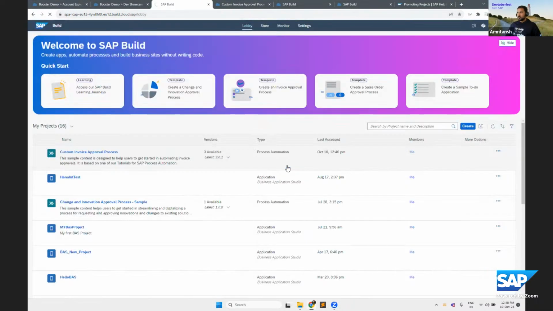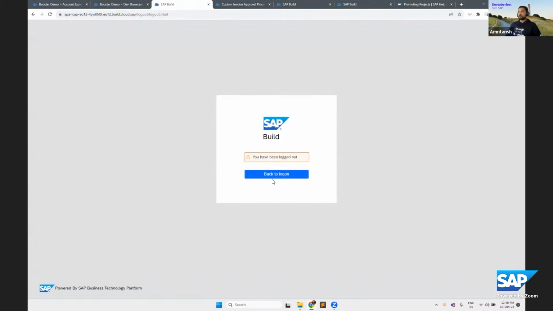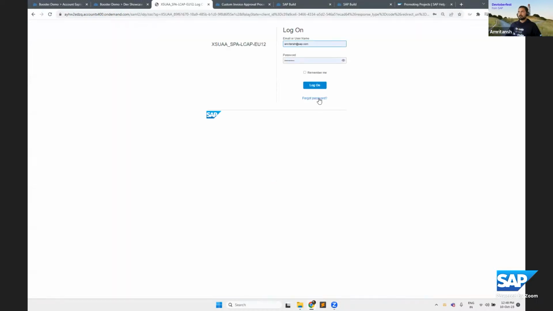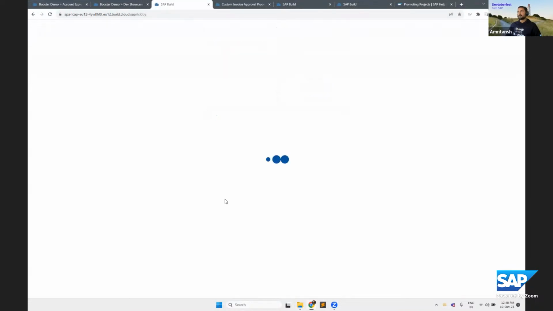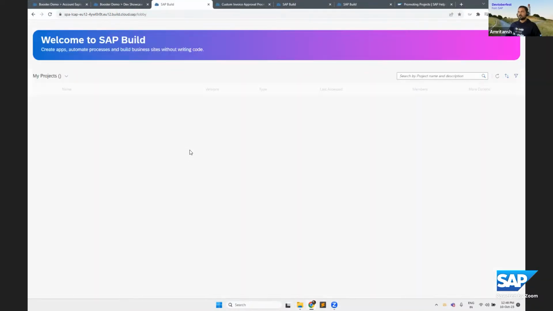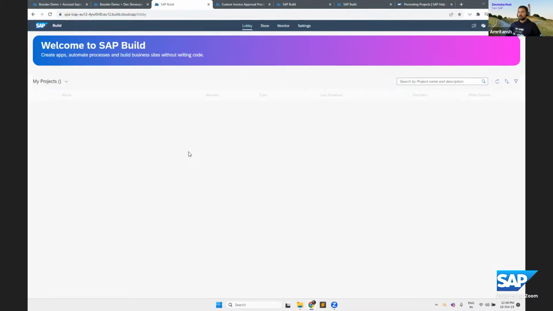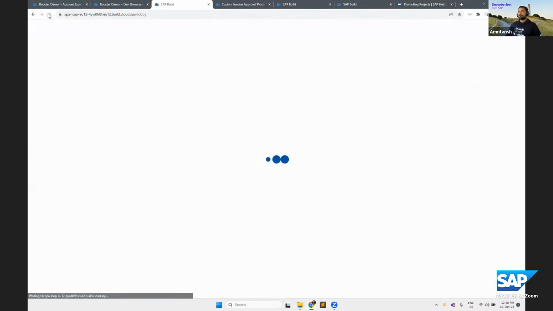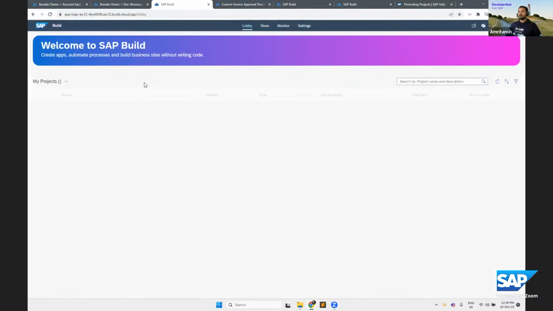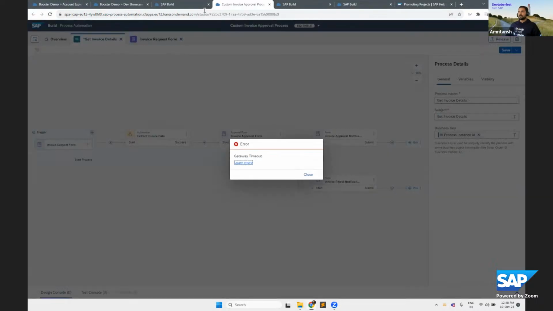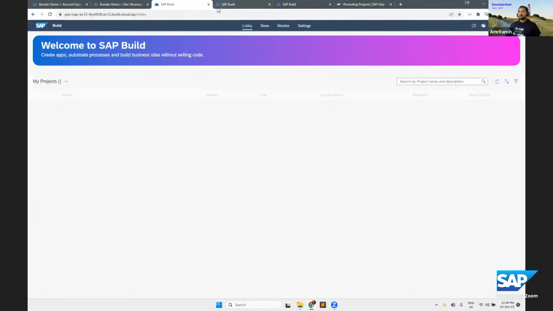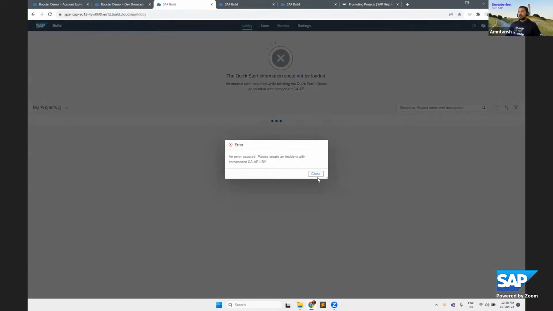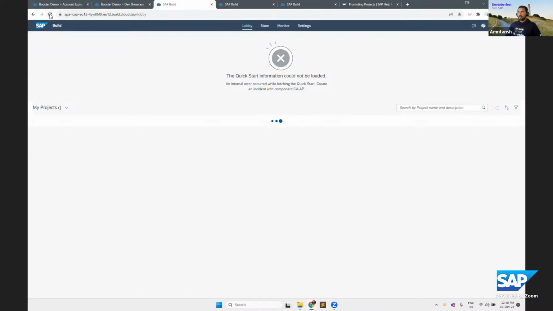Just log out and log in. Okay, I think there's some issue with the system.